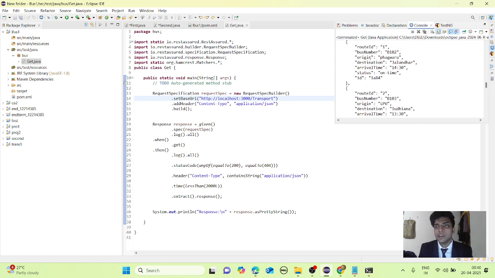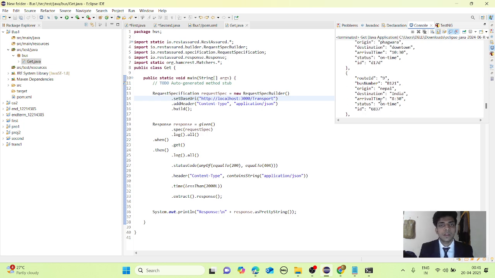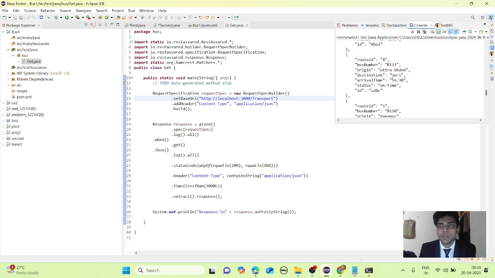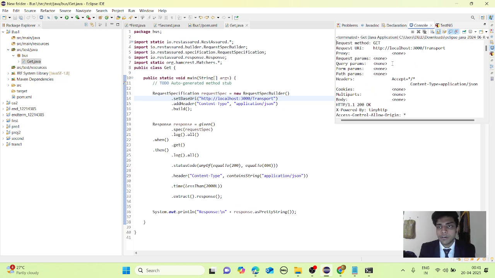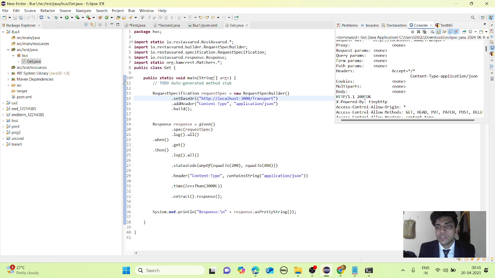You can see for route ID 1 to 10 it prints all the responses with the unique ID. Using the get operation we are validating all the things: you can see the method is get, and you can also see the status code 200 OK.